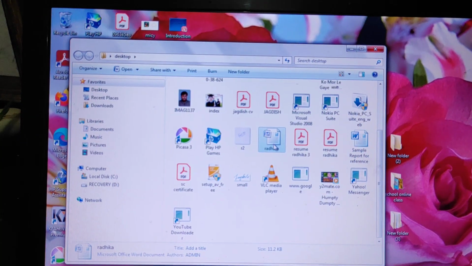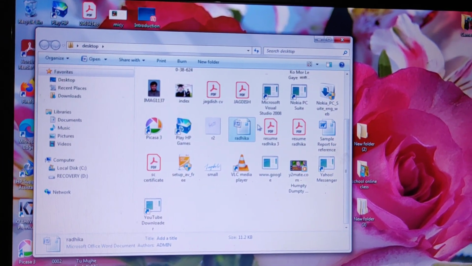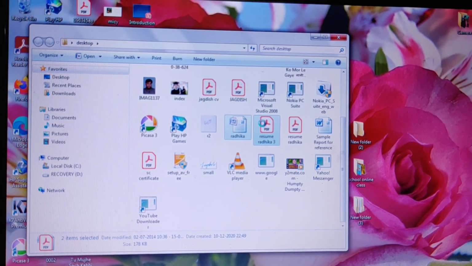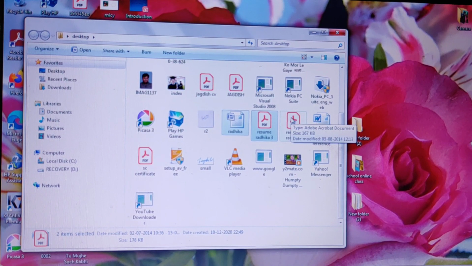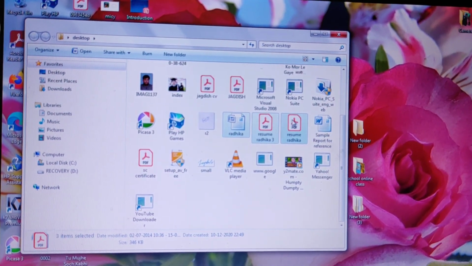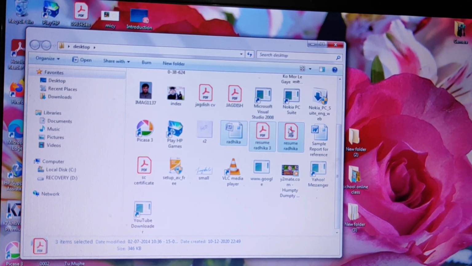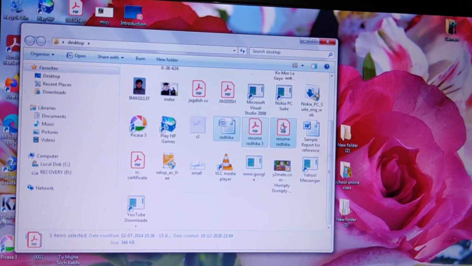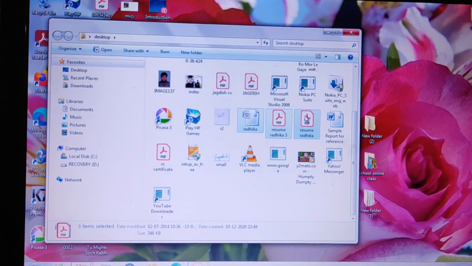One file is already selected, so press and hold down this key, and after that you can select another one. Place your cursor on a particular file, press the left button of your mouse while keeping the control key pressed, and after selection leave everything. Now three files are selected. In this manner you can select multiple files.